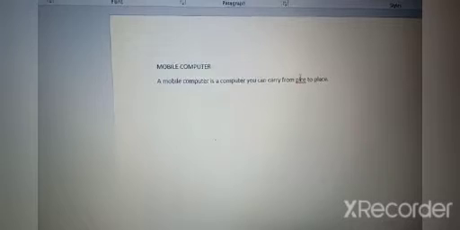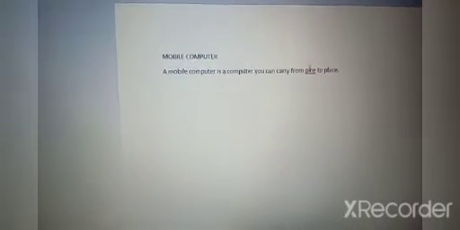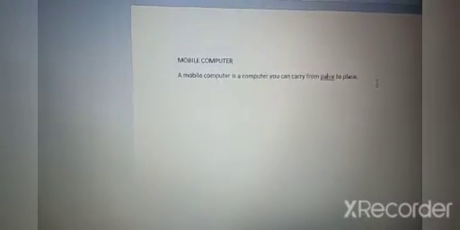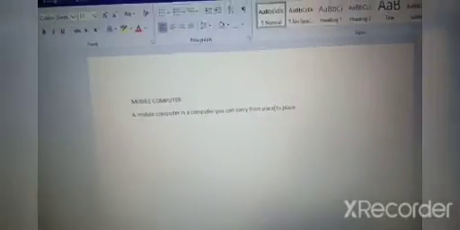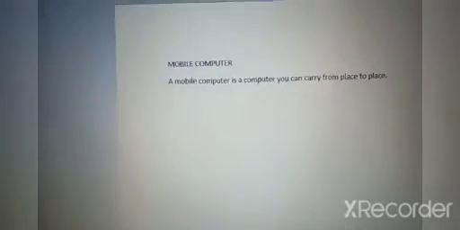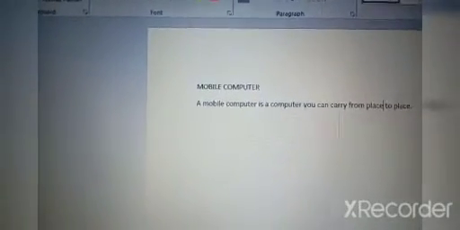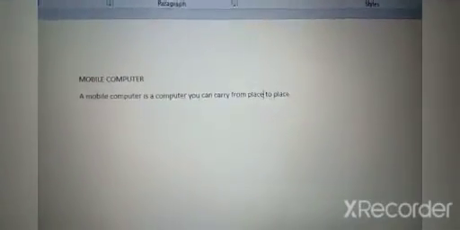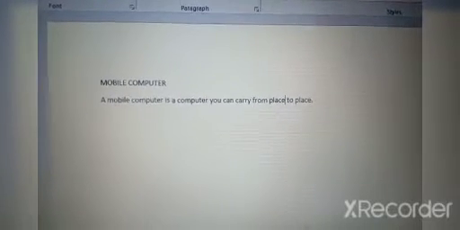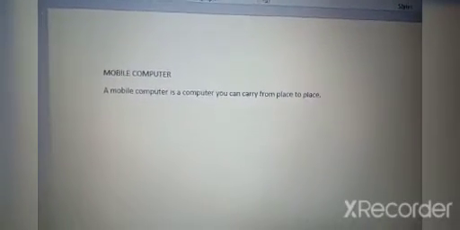Now children, you can see I am making changes over here. The spelling is wrong. Place, P-L-A-C-E. You can change it right there itself also. Okay, place to place. Now children, first we will see entering the text. This is called entering the text. We have entered the text, right? So start typing and the text will automatically get entered.